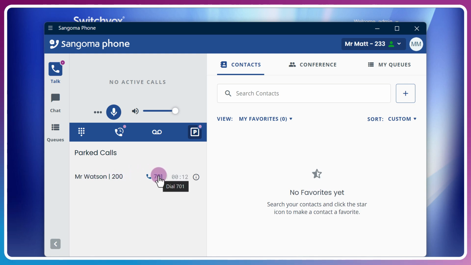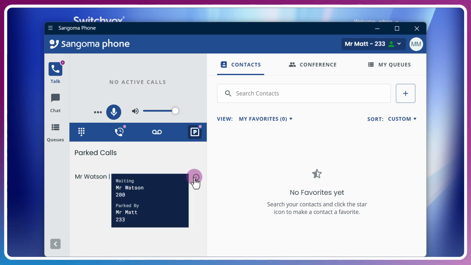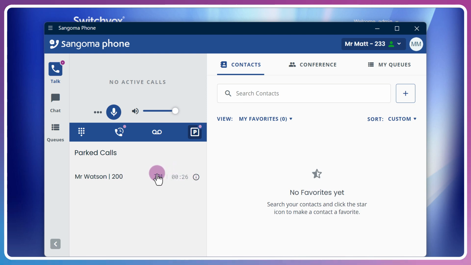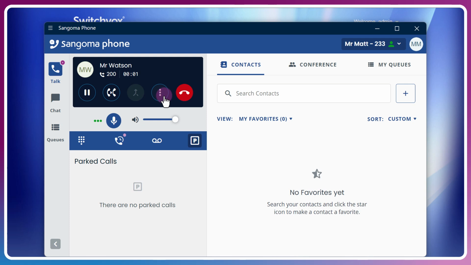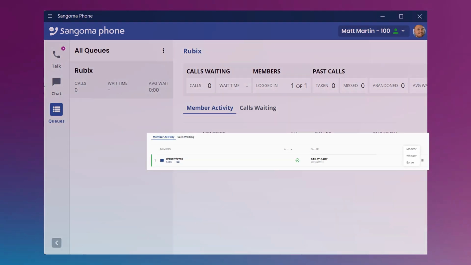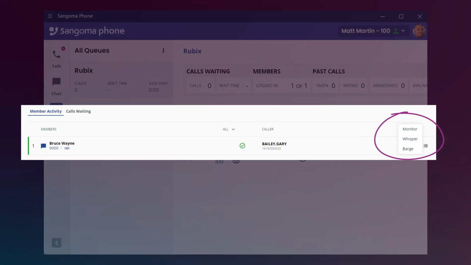lot 701. Anyone can now dial 701 from a handset, soft phone, etc. Or I can just click here in the soft phone. Here's some additional details: waiting, parked by information. So I can click that to retrieve. And it is back. So in addition, if you have monitoring access to users and queues, well, on a phone